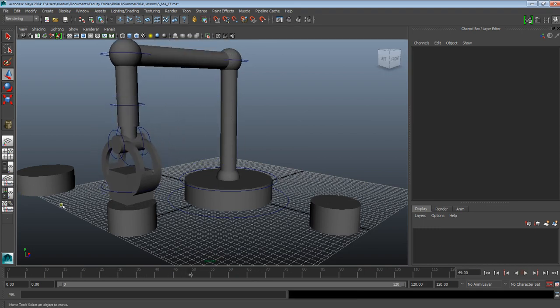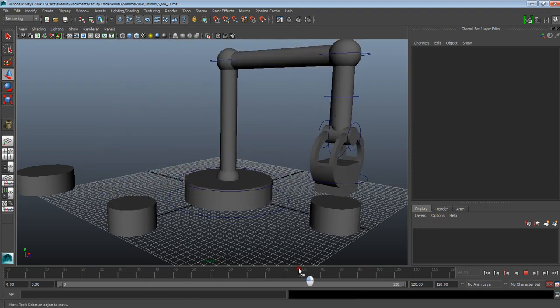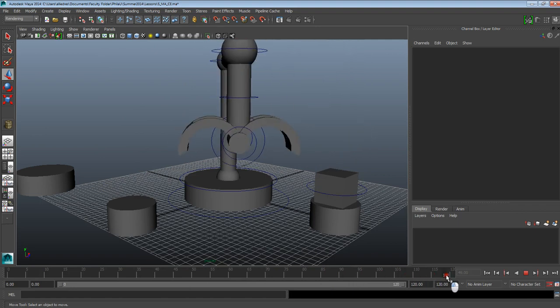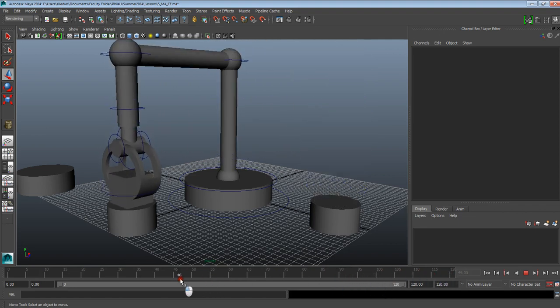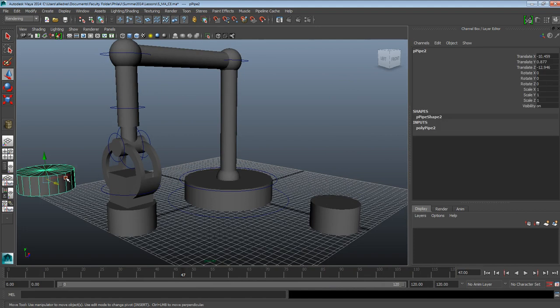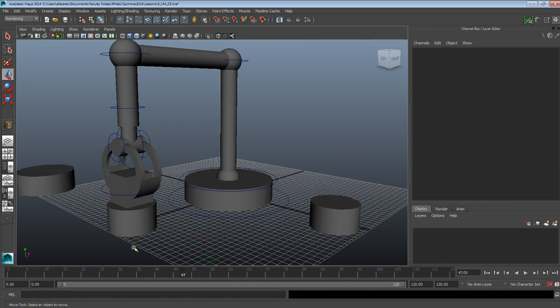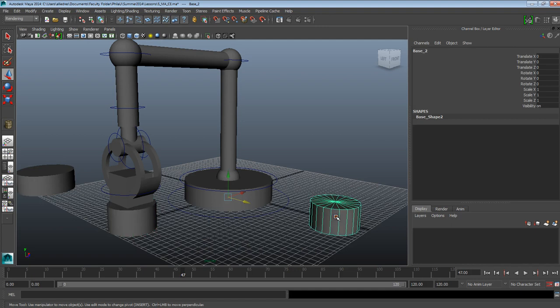Okay. So the idea that I had is that basically we're going to have this box appear from below these cylinders that I have here. All right. And as if it was placed there by an elevator, and when it gets here it's going to be dropped down. Alright, so